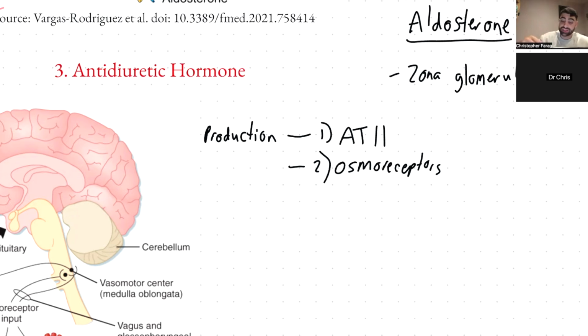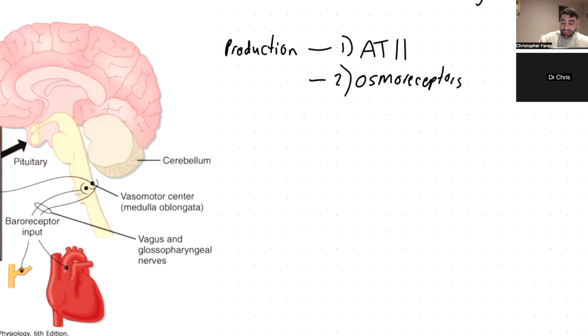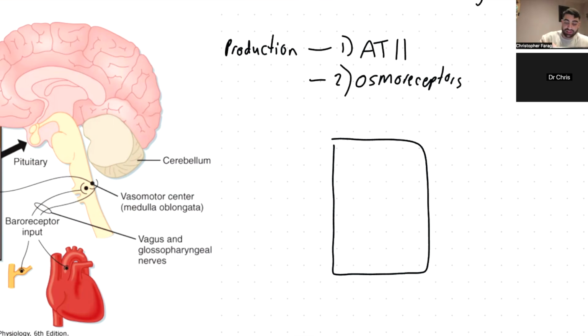Now, what does ADH do? It goes back to the collecting ducts. And if we draw another simple diagram similar to before, we have our cells there. This is our urine on this side, on the left, and our blood on the right. We want water to be absorbed, and essentially the action of antidiuretic hormone is it increases the expression of a channel